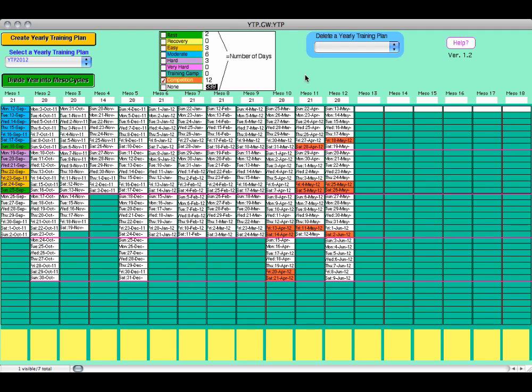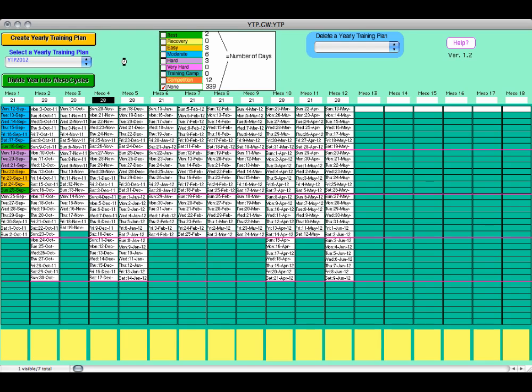And that's pretty much it. It's fairly simple to use. It's in a vertical format, which is easy to read. And again, by changing the number of days in your mesocycle, if I again demonstrate how this works, if we change this 14 to a 28, for example, you're going to see that when I divide the year, all of